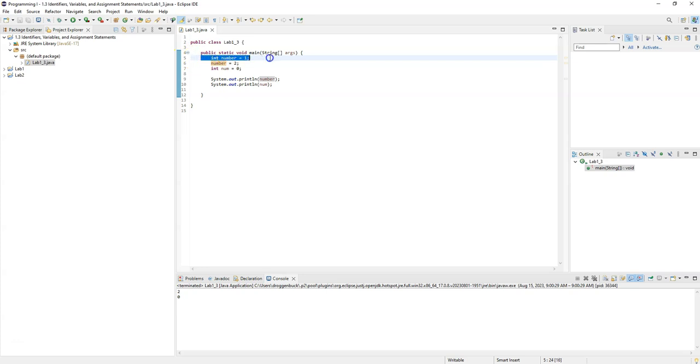Because even though I only have to declare a variable once, I can come in here and create as many assignment statements as I want. In fact, I can come here after num is declared and say number equals, let's say 10. And if I run my program again, you'll see it now displays 10. All right, and so that gives us a nice good starting point for variables that we can then use to go ahead and create